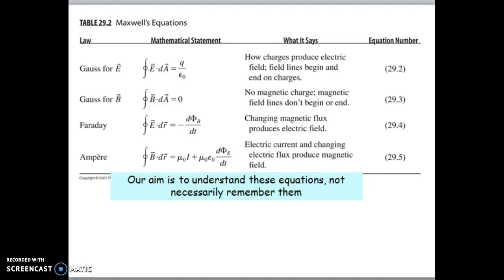Now we will consider what the Gauss law of electrostatics says. According to the Gauss law of electrostatics, the electric flux is given by Q upon epsilon naught, and by the Gauss law of magnetostatics,